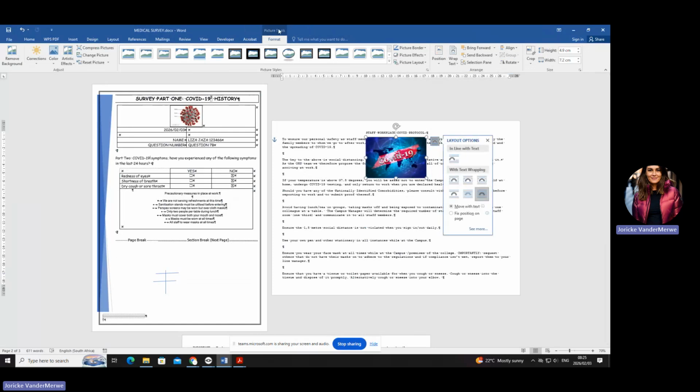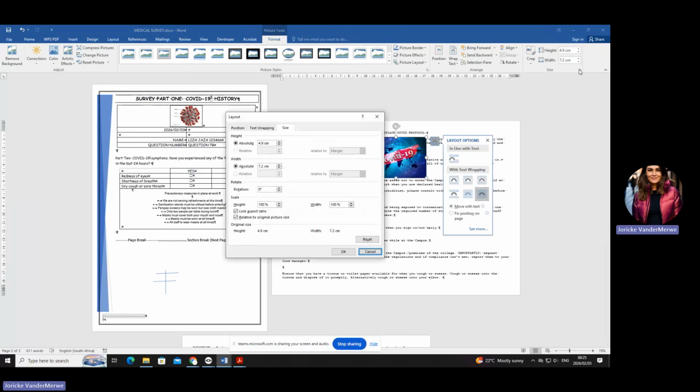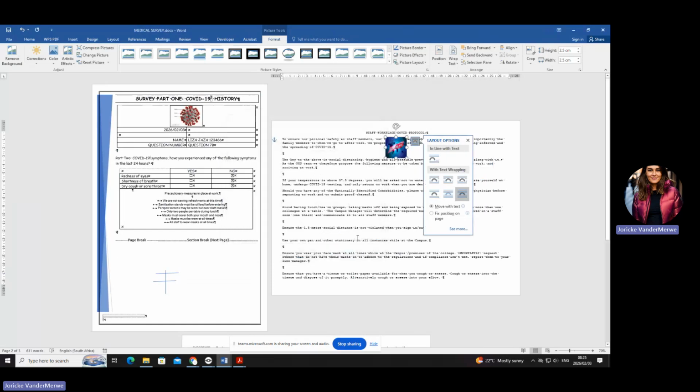And then the third thing they ask you is to edit the size of the picture. Look what they're asking you. They're asking you for both width and height. 2 measurements, which means what? You have to go into size. If it's 2 measurements, you take off the lock aspect ratio. Are you with me? Yes. And then you put in there 2.5 and 2.5. Okay, and Bob's your uncle. Okay? Easy peasy.